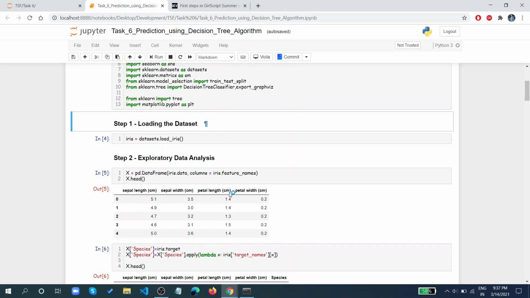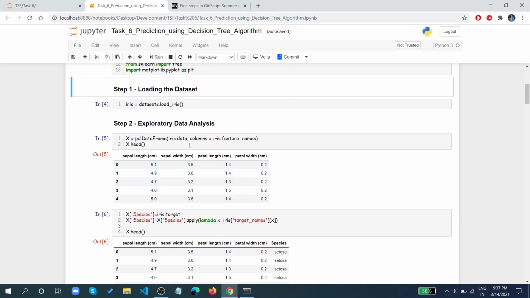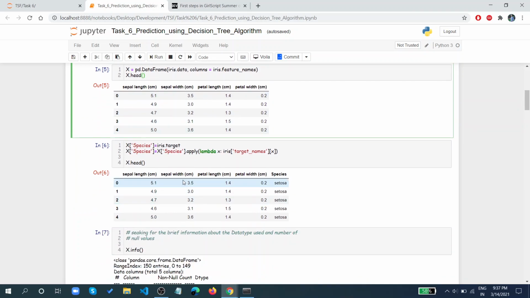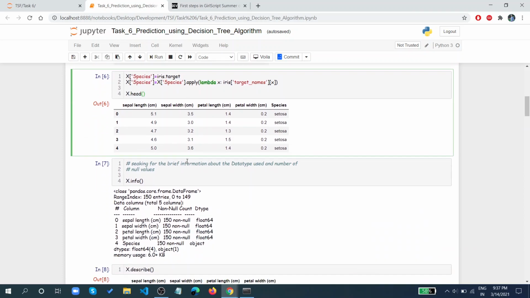In step two, we are exploring the dataset, that is exploratory data analysis. We import the dataset and use data frames to store it, with x.head to see the first five values of the dataset. Then we check the species, and similarly use head to see the first five values.